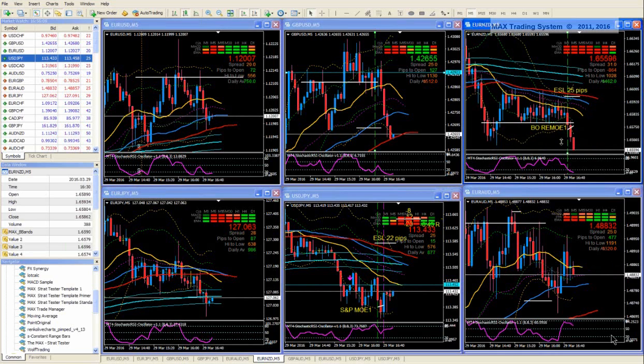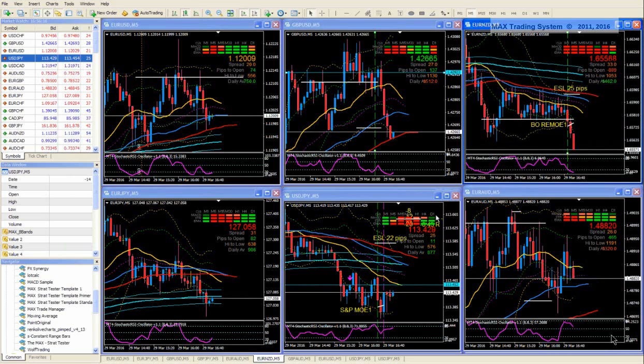Now this is an interesting situation because we are in 2 pairs which are not usually well correlated. So it may happen that one moves nicely in our favor and the other makes nothing or makes a losing trade. And this is the advantage of making several trades simultaneously. You may still end with a profit even in the case one of the trades fails.